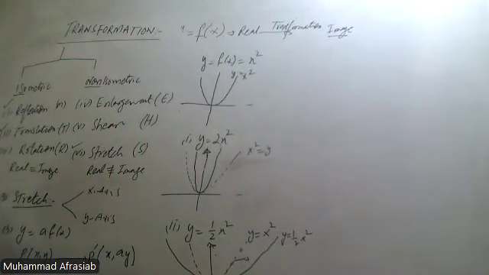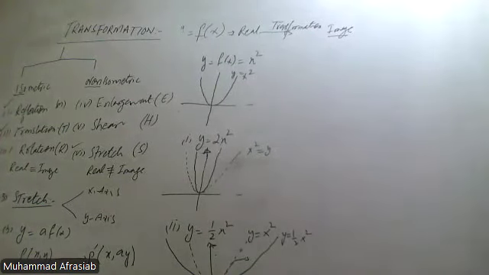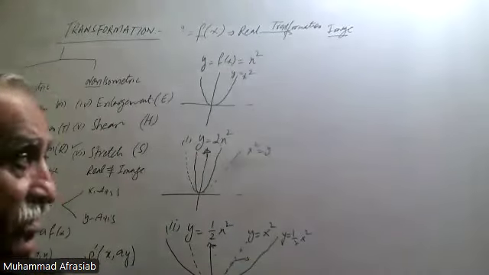So these are the ways that we are going to do the transformation topic in these three categories. One is the reflection, then translation, and then stretching. Reflection on both x and y axis, then translation on both x and y axis, and then stretching on both the x and y axis. So these are the properties for this topic of transformation, which we are going to use in this part. And for the matrices of this stretching factor, if it is